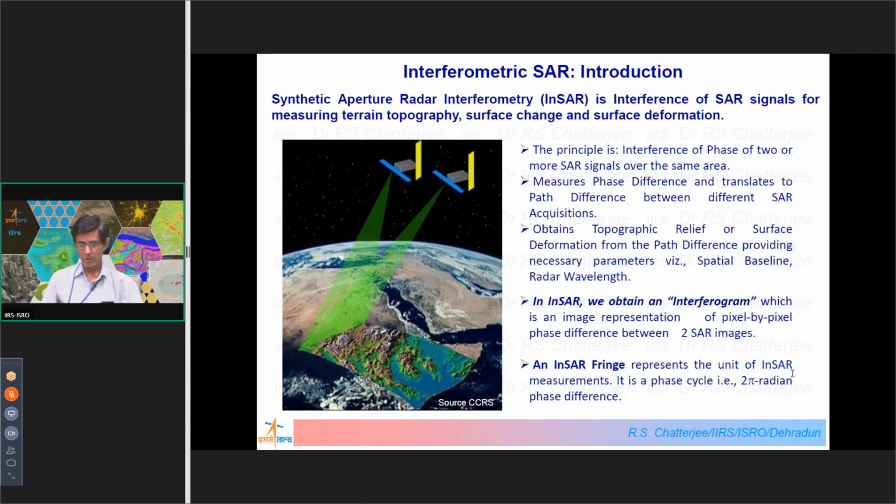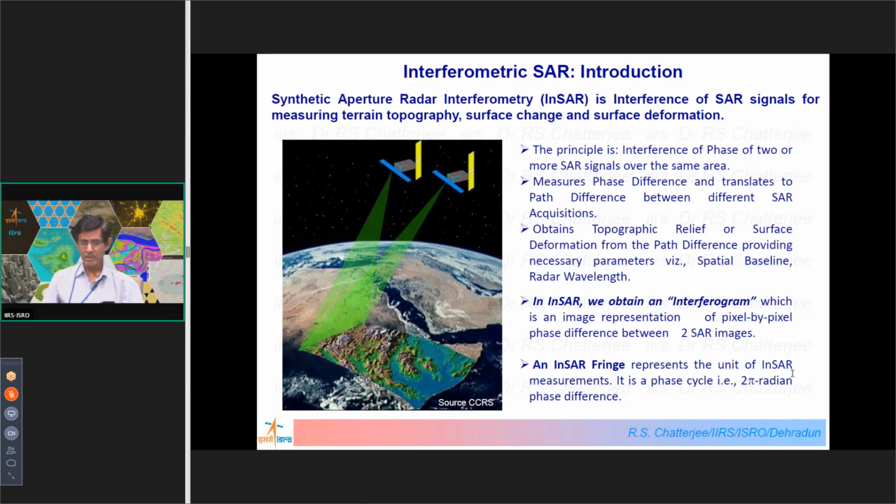It's not due to topography of the surface. In case of only interferogram, it gives you the phase difference due to this topographic elevation. Now in an interferogram, each phase cycle means how much? It is 2 pi radian phase difference. So in an interferogram, each phase cycle or 2 pi radian phase difference represents